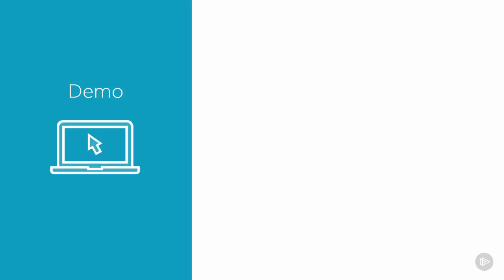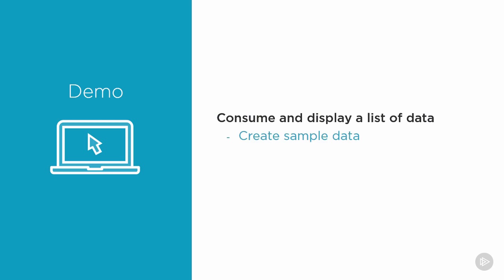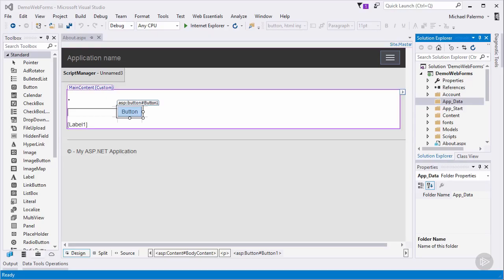In this demonstration, we're going to consume and display a list of data. This means first we're going to create some sample data, and then we're going to see how to display that data on a page. In the Demo Web Forms project in Visual Studio, with app_data folder selected, I'm going to